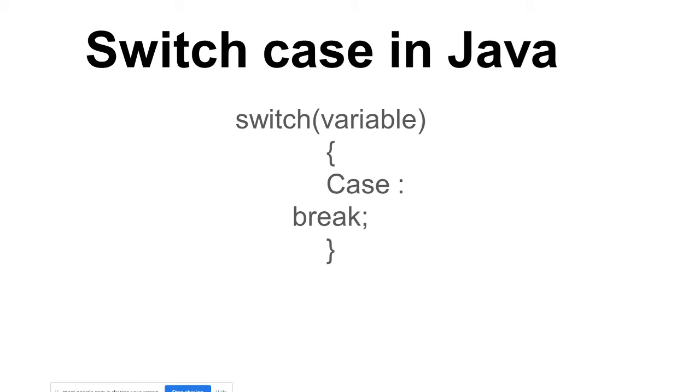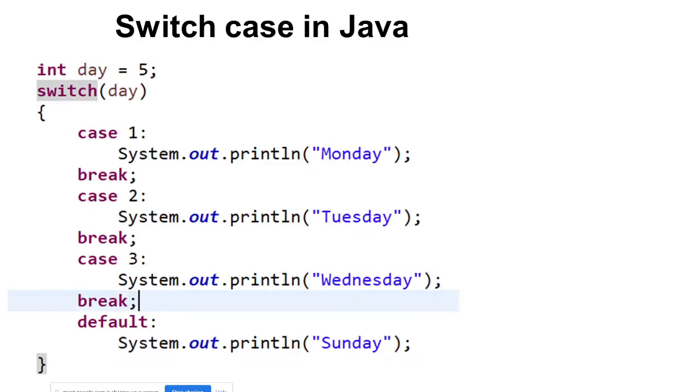So this is the normal syntax. This is the keyword switch, and here you need to put a variable. So suppose you give here int a is equal to 2, then this 2 will come over here. Then you need to pass some case over here. This is the syntax. I will come to the program as well.